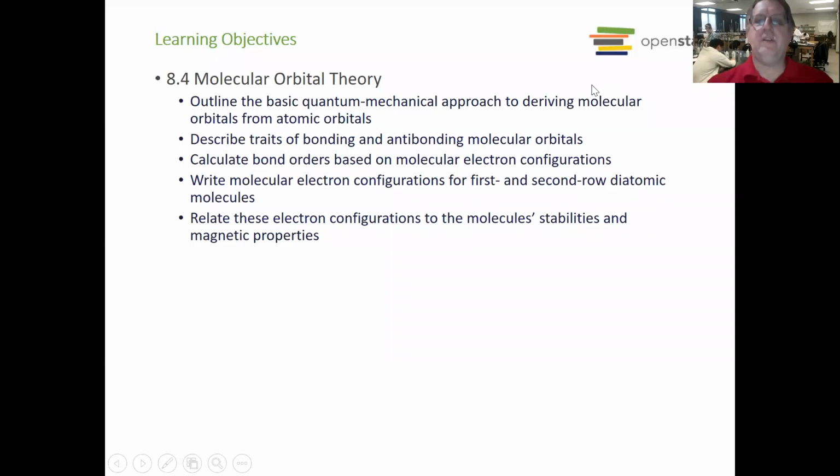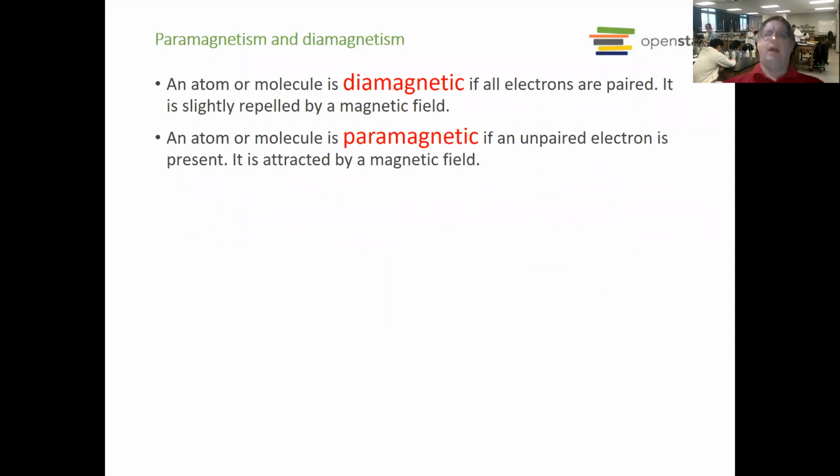All right, we are going to finish chapter 8 by talking about molecular orbital theory. Molecular orbital theory comes to us because of some experimental results, which is why I have the lab in my background here. And when we take a look at a property, diamagnetic and paramagnetic, now we've seen this before,